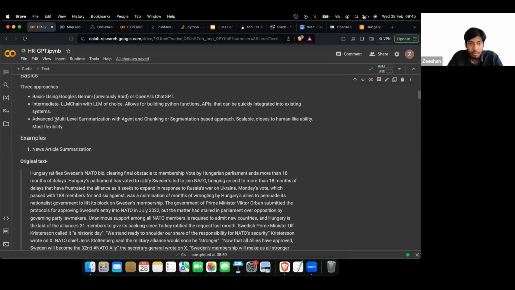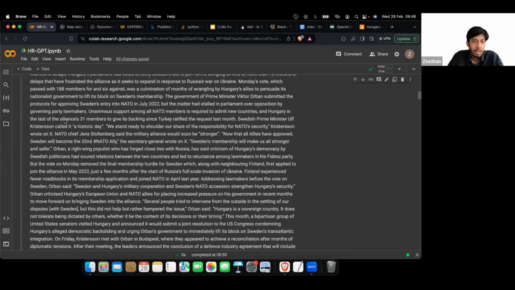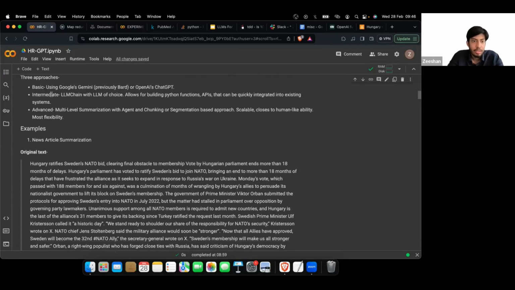So we are not leaving all that much on the table for the LLM in the advanced approach, because we are feeding it manageable chunks of information at a time. So these are some of the pros and cons of these approaches.